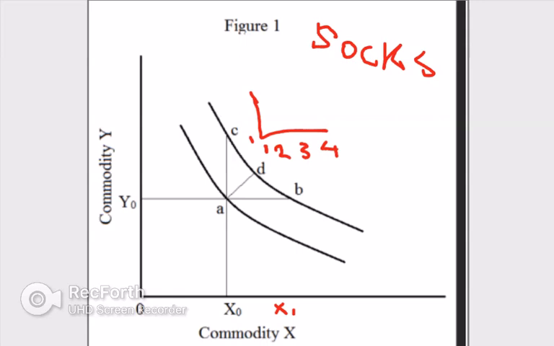I know technically if you're going to say you can have 3 in that and that would be high utility, you can use the example of shoes as well. So if we think of it like these are left shoes, you can have 4 left shoes and 1 right shoe. It's not going to provide you with any more utility, but you increase utility as you go from 2 to 3. Hopefully that makes sense. Anyway, that's it for indifference curves and marginal